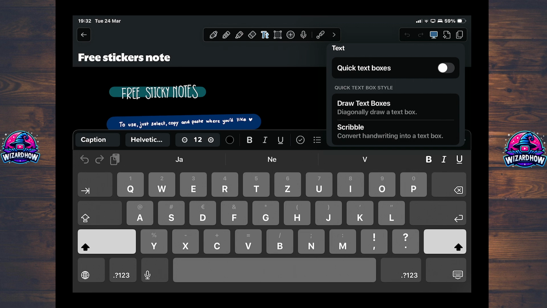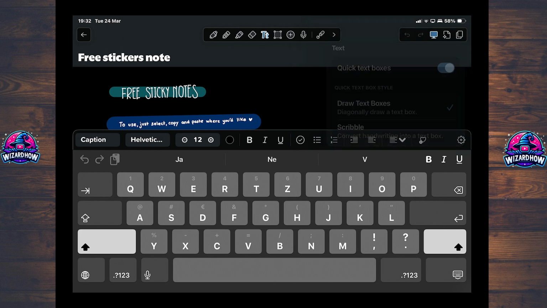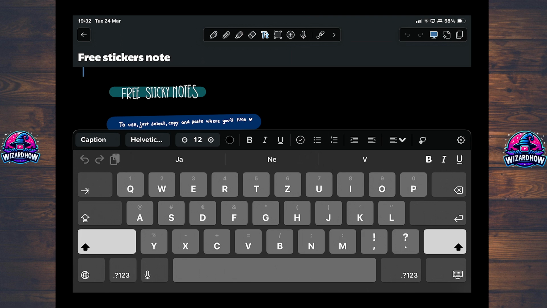Now you will see here quick text boxes, and ensure the draw text boxes is selected. So draw text boxes is selected, so check this and it will automatically be checked. Now once you have enabled, you can create a text box by simply tapping and dragging diagonally across any area of the note. So let me close this,